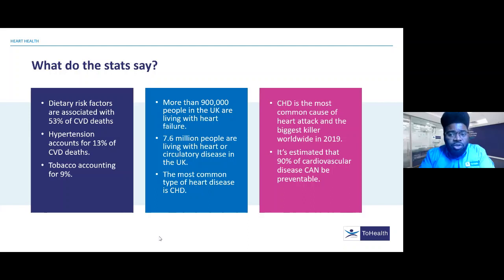Hypertension, meaning high blood pressure, accounts for 13% of cardiovascular disease deaths. Tobacco accounts for 9%. I'm just going to stop there. Some of these stats can actually be shocking, and what the stats don't mention is the knock-on effect some of our behaviors have. For example, smoking will increase our risk for hypertension. I'll talk about that more at the back end of the presentation when we're talking more about smoking and alcohol. And also alcohol increases our risk of